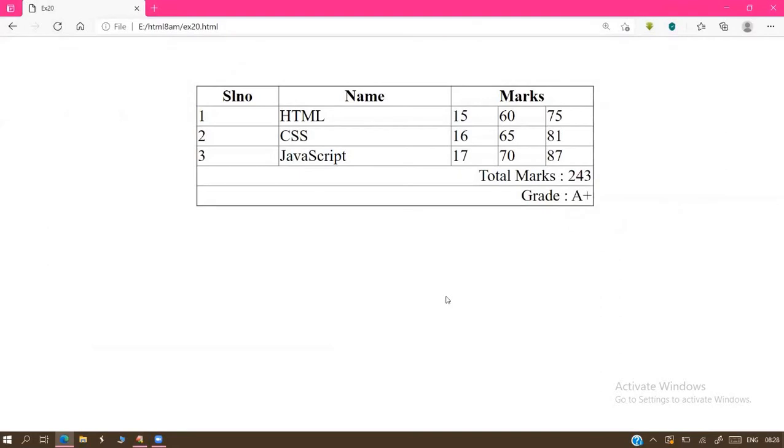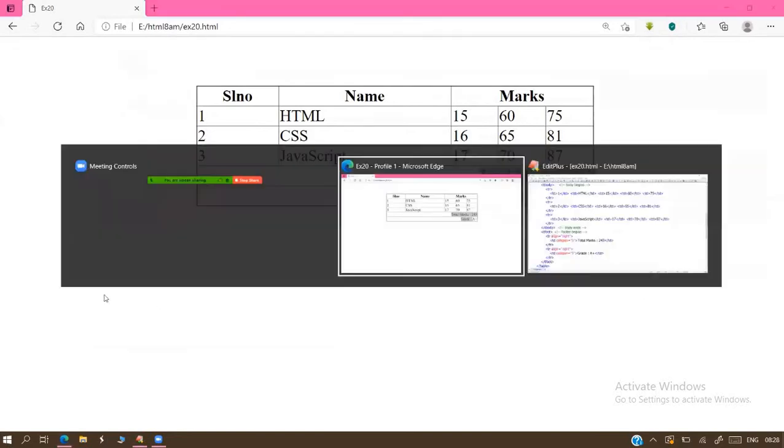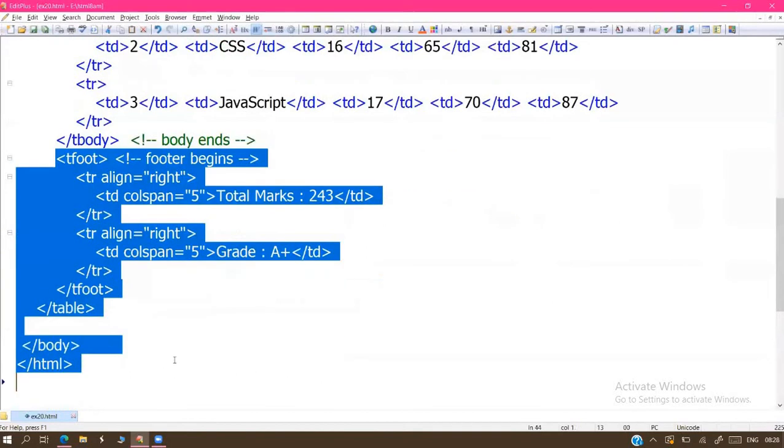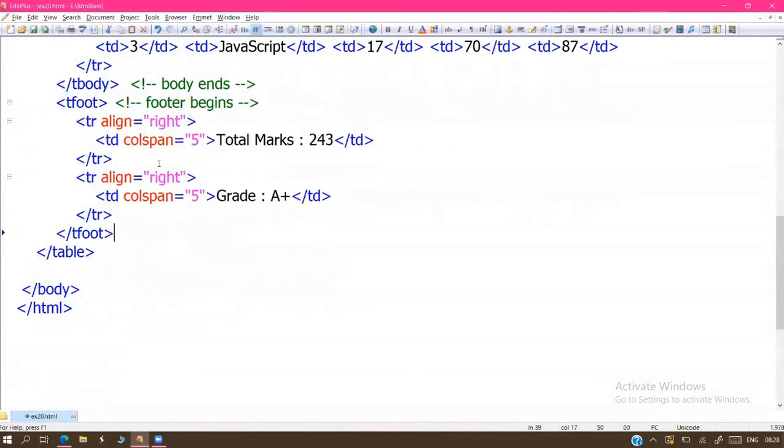Grade is A plus. Now the table design is ready. These bottom two rows we call the table footer section, the additional information.